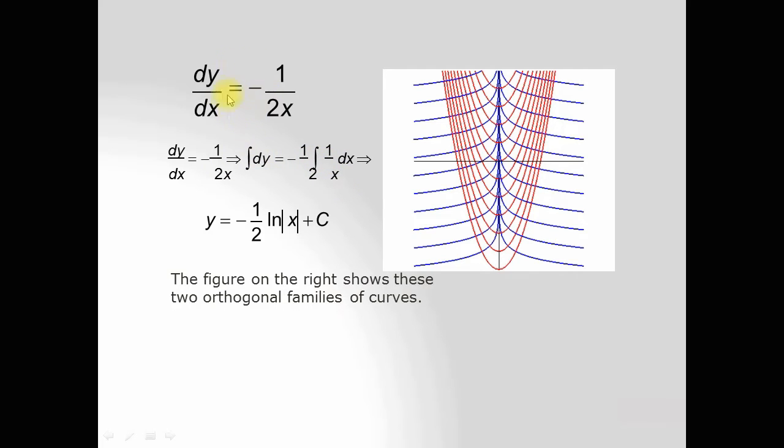First of all, separate the variables: join the dx operator with the 2x, so the operator dx will not be in the denominator. Similarly, dy will also not be in the denominator. So for the separation of variables, we obtain dy is equal to minus 1 over 2 times 1 over x. Now taking integration of the left hand side and right hand side, the integration of dy is y, and the integration of 1 over x is log x plus c. This c is the constant of integration.